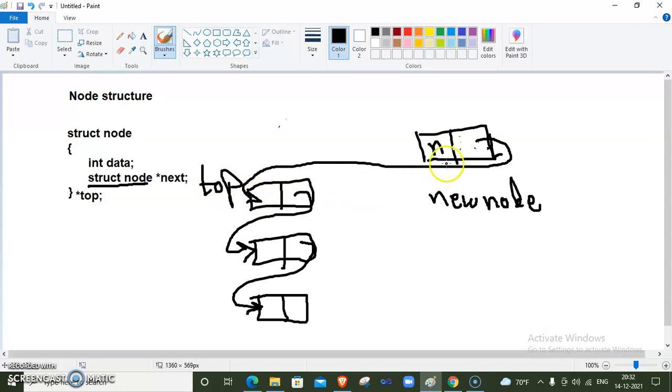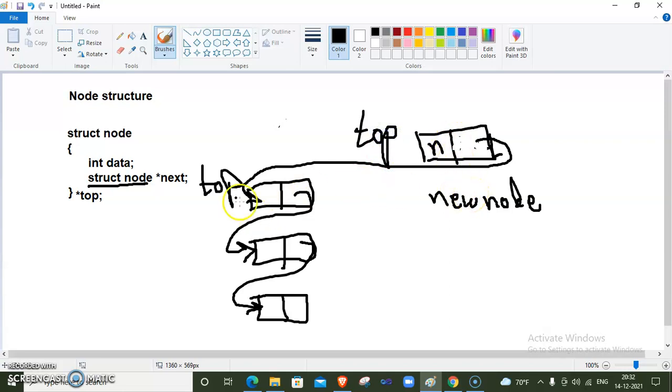Now we have already inserted one new element, so we need to update top. Inside an array we just increase top by one position, because top is the array index, but here our top is not any index, itself the node address we need to store. So our top is now this node, and the name of this node is newnode.